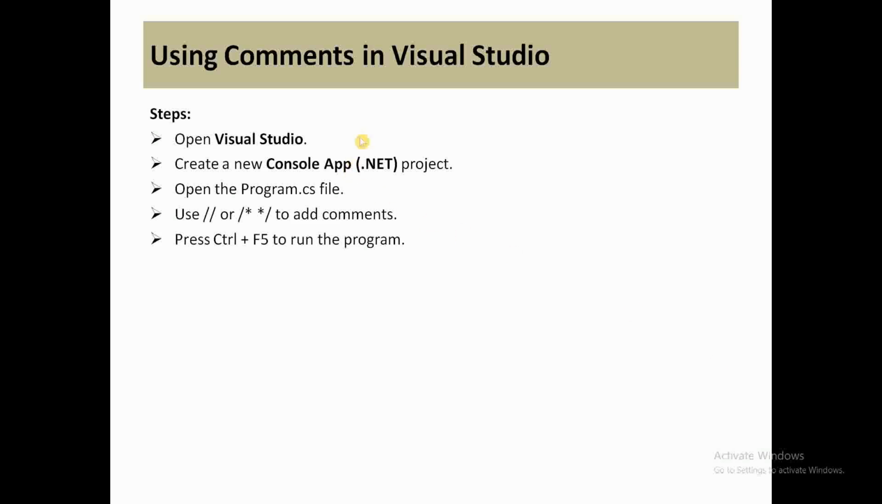So here, if we want to use these comments in Visual Studio, how can we do that? First we open Visual Studio, then we create a new console application in a .NET project. Open the Program.cs file where we have our main method, and we write our program into that main method. We can use single-line comments or multi-line comments in our programs, and then we can directly run that program